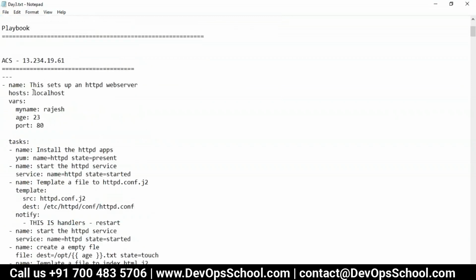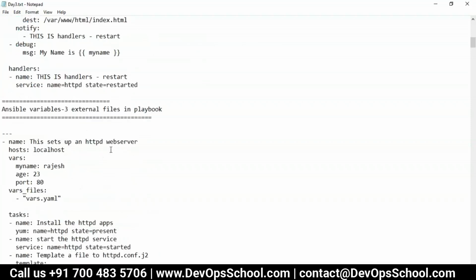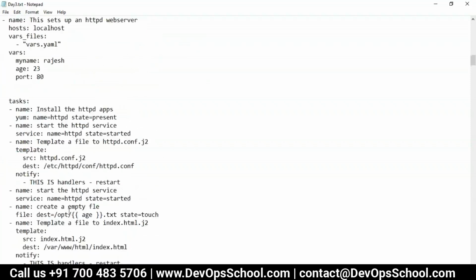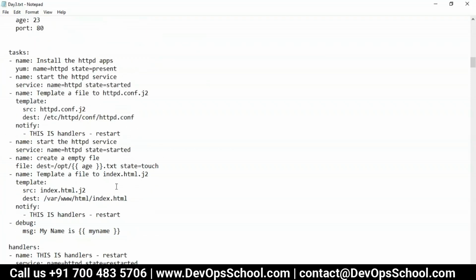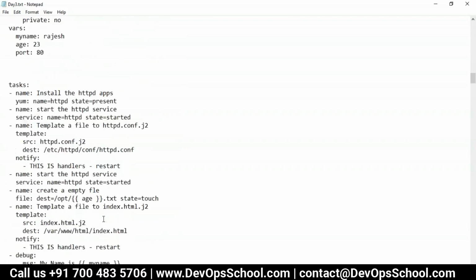Now, we started with how to declare variables in a playbook. Then we discussed how to declare variables through external files in a playbook. Then we discussed how to embed variables through tasks.